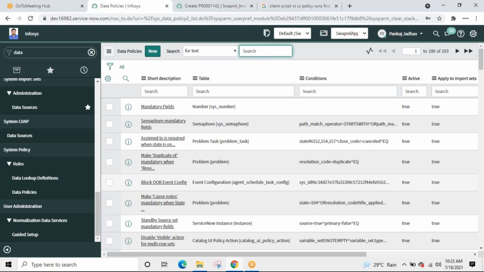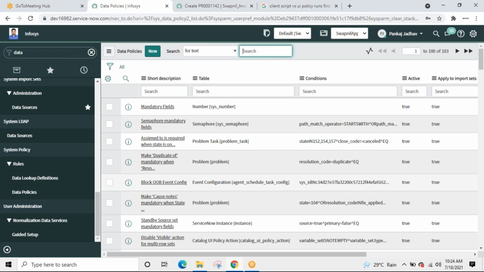Even if we set it to mandatory, when we push data through a web service or some kind of other automation or something backend using glide record, those policies won't work because the person is not opening the form. The person is right away pushing the data through a web service or a glide record. Glide record, we saw an example, right?